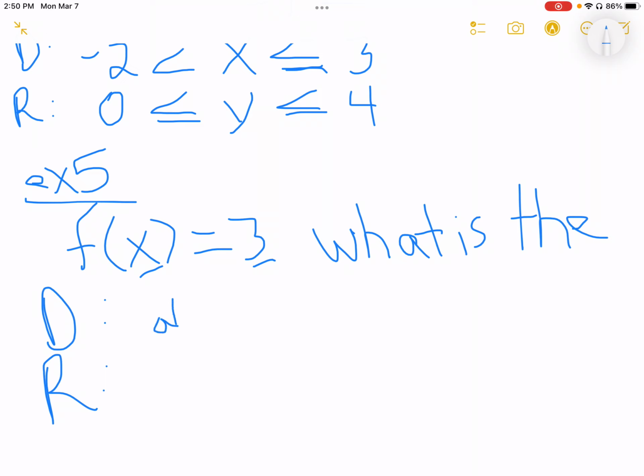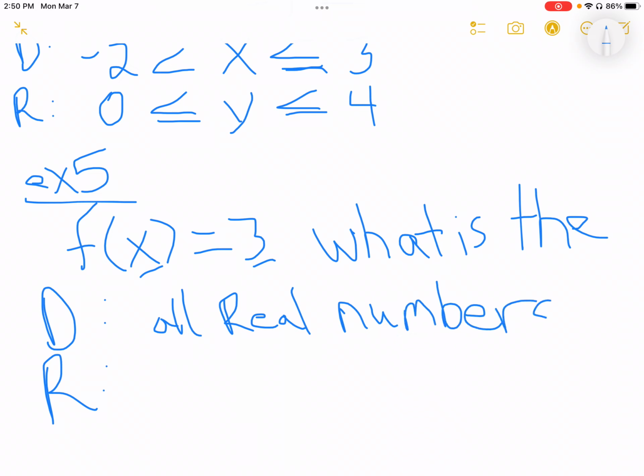we could say it like this. We could say all real numbers. Okay, so all real numbers, because it doesn't matter what value for x you put up in here, right? It's not going to make this invalid. So then if we had range,